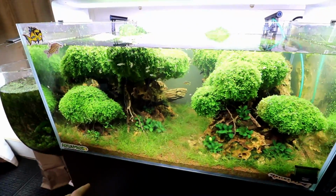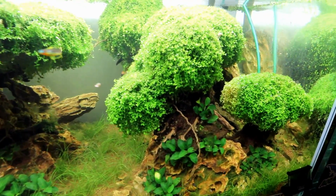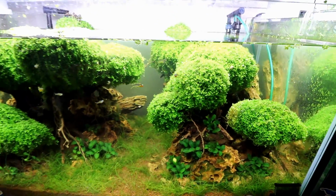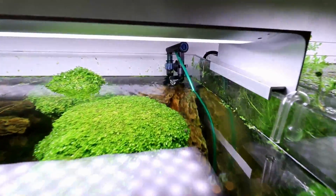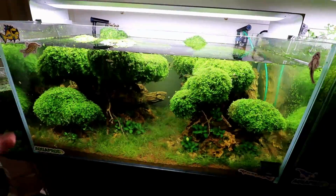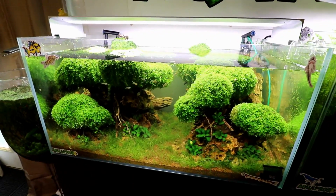Well, I think we did it, guys. Looking at the trees here, I think I did an okay job at trimming them. They don't look super bad. We'll talk about it a lot in a second, but I'm noticing that my filter, the outflow is a little slow. So I think we're gonna pop open the canister, clean it out, get the mechanical filtration a nice rinse